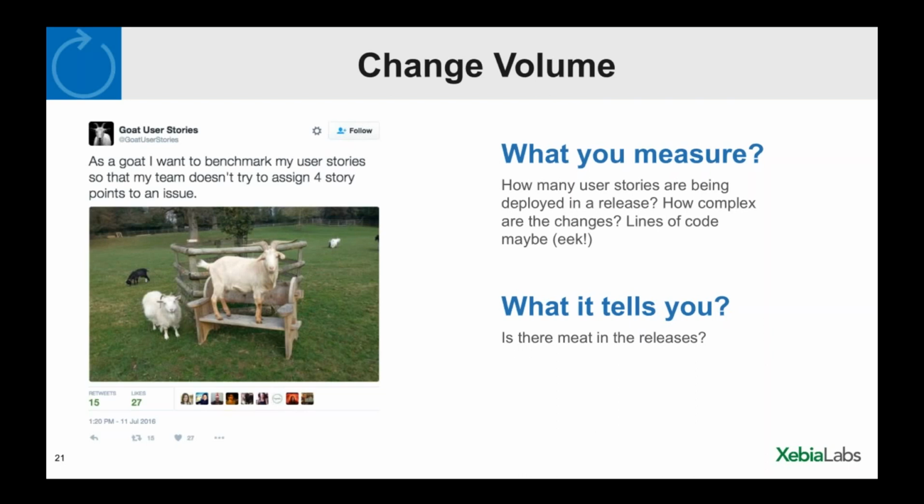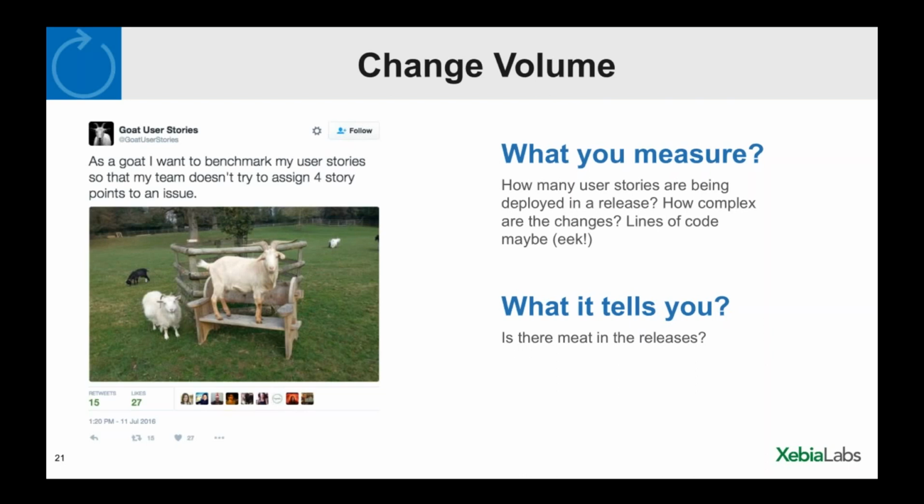The complexity of the changes also comes into play based on those measurements. So if that happens to be something that your teams use, then that would be really important to measure as well. So for each release, look at the number of story points that are deployed as part of that release, so that you're making sure that not only are you releasing frequently in small batch sizes, but that the volume of change in those releases is meaningful as well.